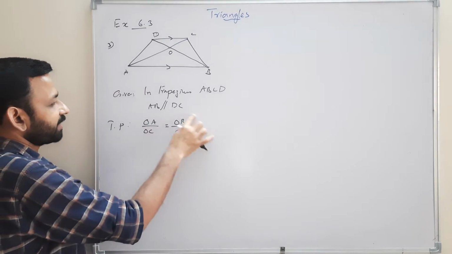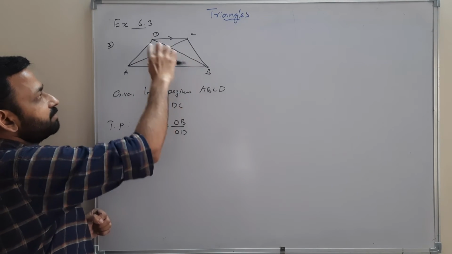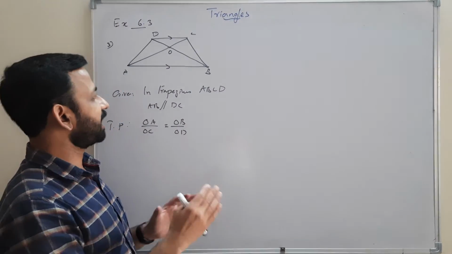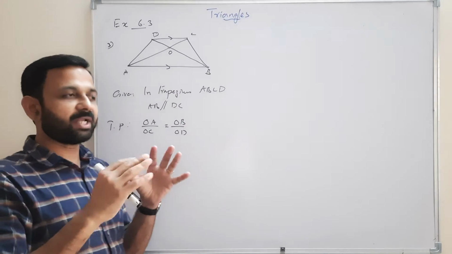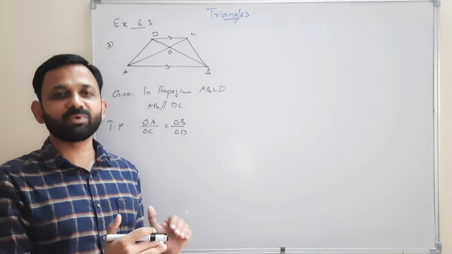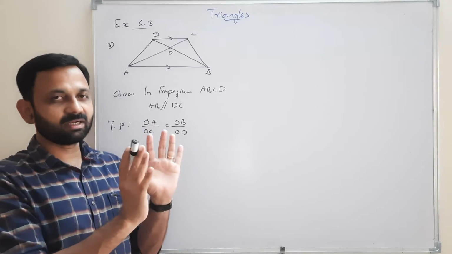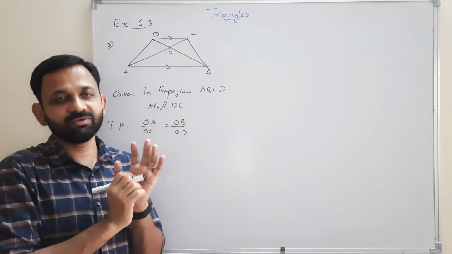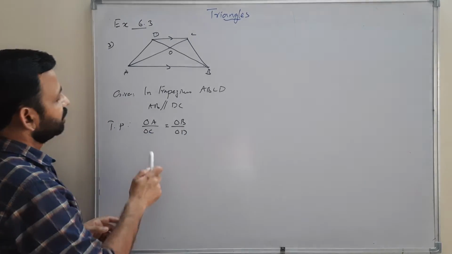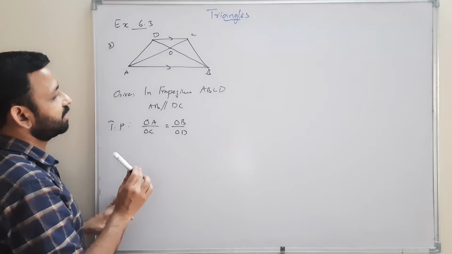The triangles we can find from this side. So here we have 1, 2, 3, 4, 5, 6, 7, 8 triangles we have. But we will compare two triangles from here, and we will prove that two triangles are similar, and if they are similar, the corresponding sides are in same ratio. From there we will get this result. So we need to select that triangles. Here we have 8 triangles, so we will take any one pair from that 8 triangles. So when you select the triangles, you go through these sides OA, OB, OC, OD are the sides.